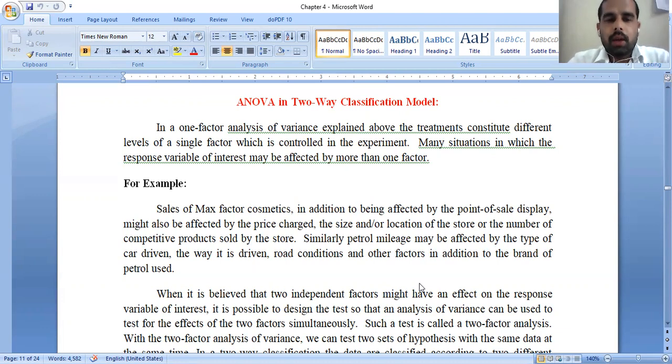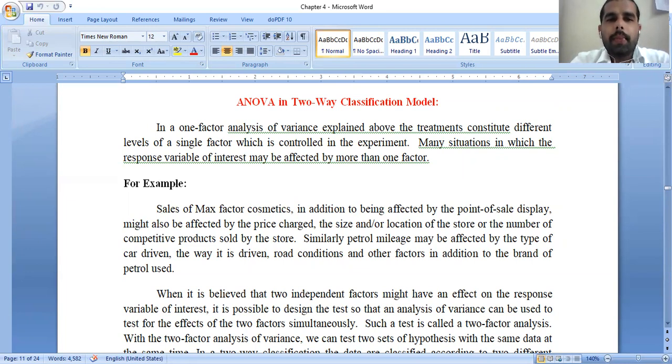Finally, after doing these 4 steps, you will get the MSC value and the MSE value. Then MSC divided by MSE, we do in the 5th step, that is the variance ratio of F. Or instead of variance ratio of F, you can write the principle: F is equal to variance between the samples divided by variance within the sample. After completion of that, you will get some value.